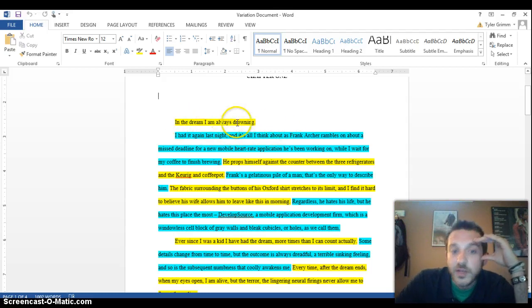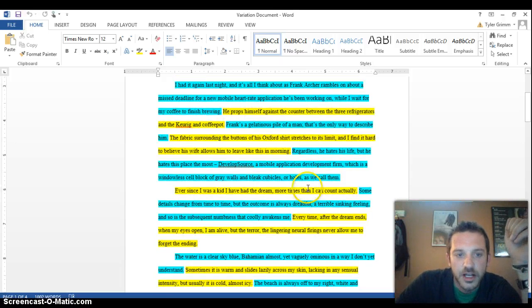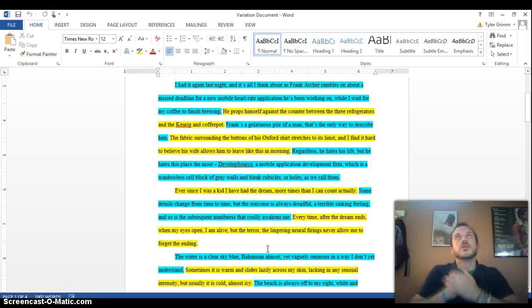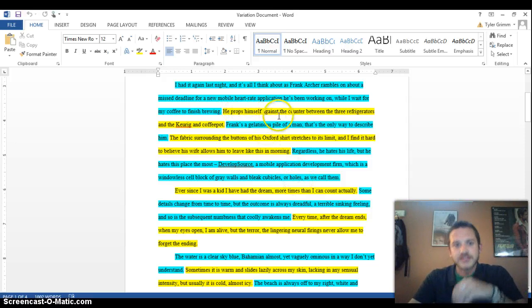So here we have a one sentence paragraph and then a longer paragraph, but also this one sentence is very short, and then we have a longer sentence. I'm not going to read this whole thing to you, but I just want you to notice that there's a longer sentence, shorter sentence, another shorter sentence, then a longer one, then a longer one. Just looking at this page here, we have a very short sentence, and then two longer ones. So you don't have to vary necessarily. You don't need to have one long sentence, one short sentence, one long sentence, one short sentence. You want there to be variation. But there are times when you want to use longer sentences and times when you want to use shorter sentences.